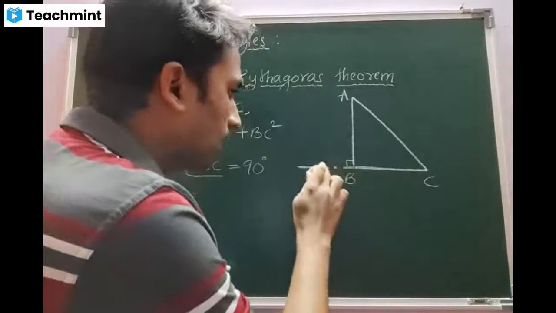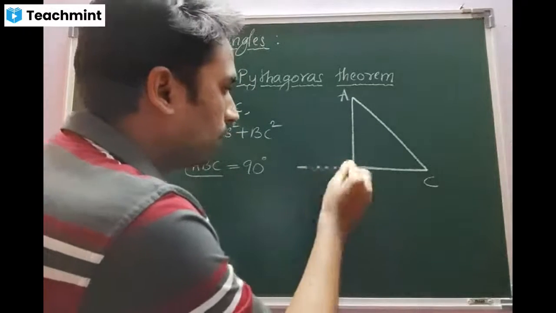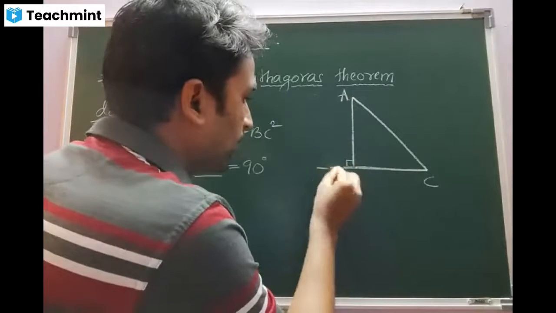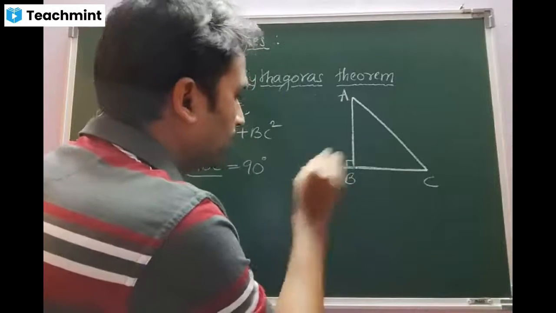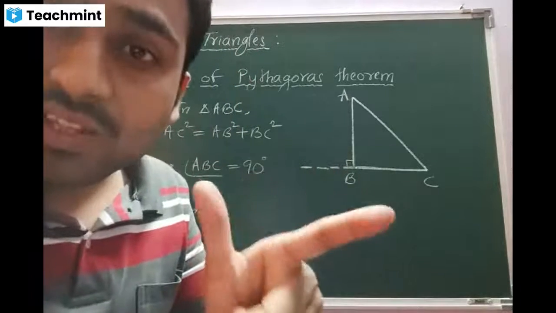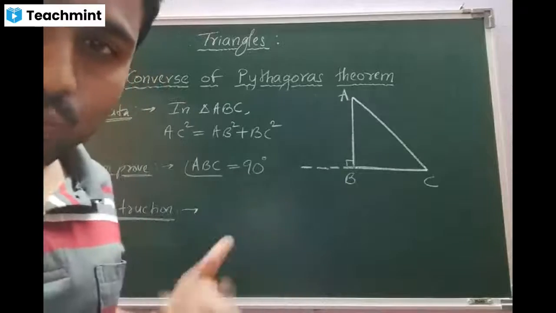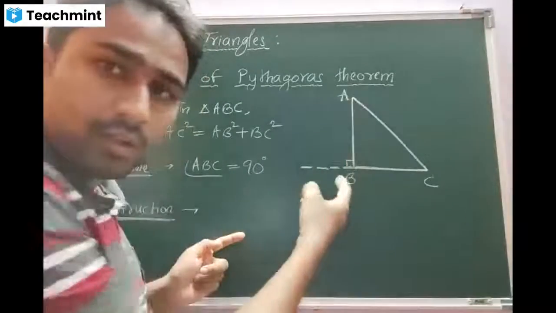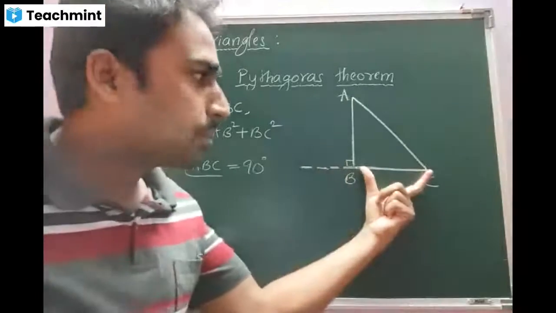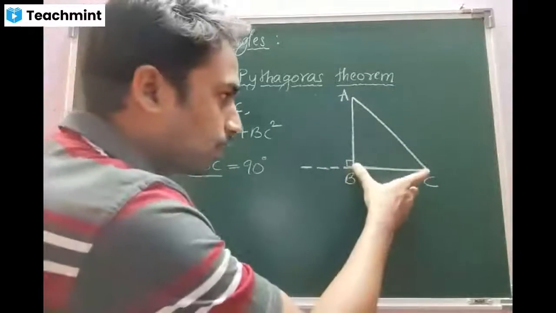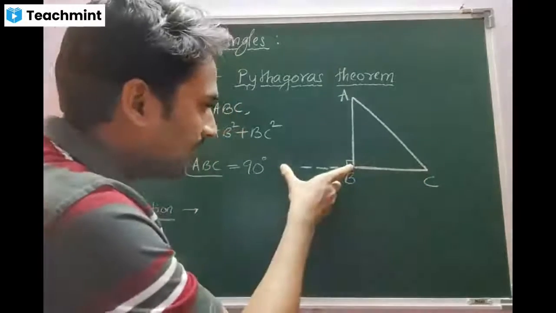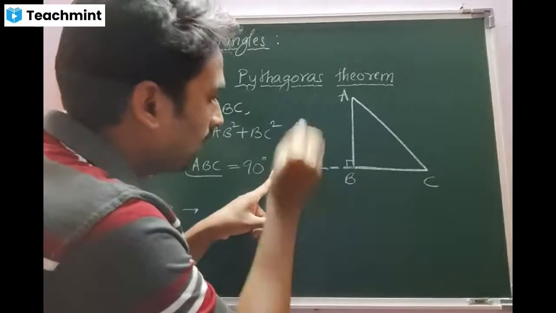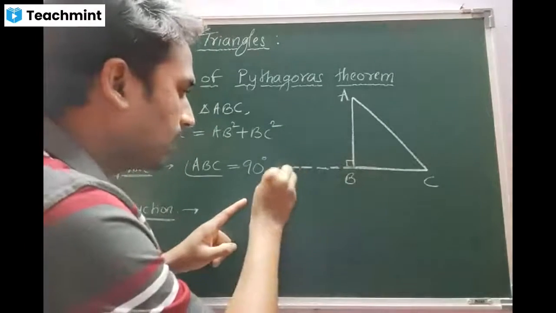This is a construction, so I will use the dotted line. But I will put one restriction for this. What is that? The length of this perpendicular line to AB will be the same as BC. Got the concept? That much I have to take the length for the perpendicular line. So, I call it BD.